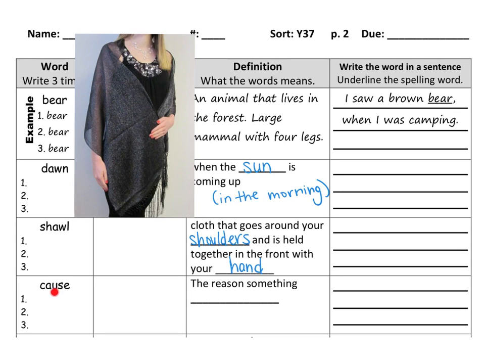Alright, this next word is cause. The AU says "ah." A cause is the reason something happened. If you do not turn off the water, you cause the bill to go up. Then you can draw a picture. Let me tell you another example of the word cause, because this is a difficult word. If you do not do your homework, it will cause you to get a bad grade. And then whatever your sentence was, draw your picture about it here.